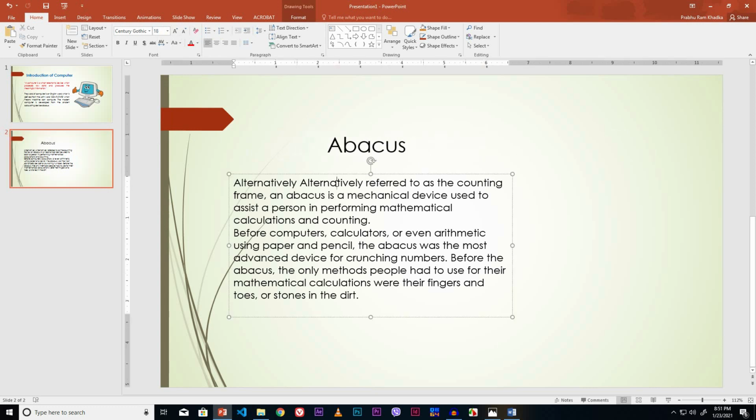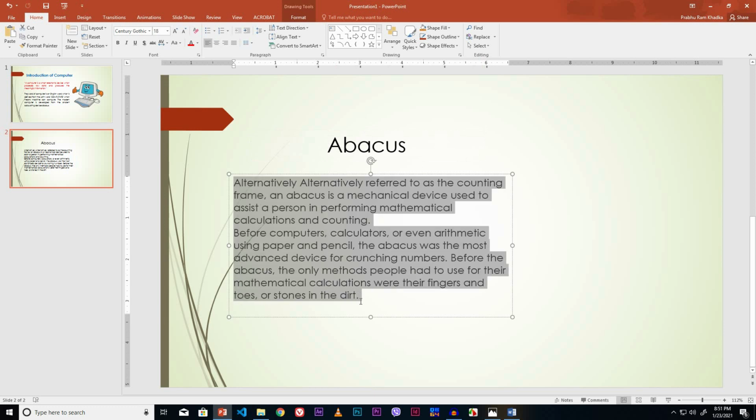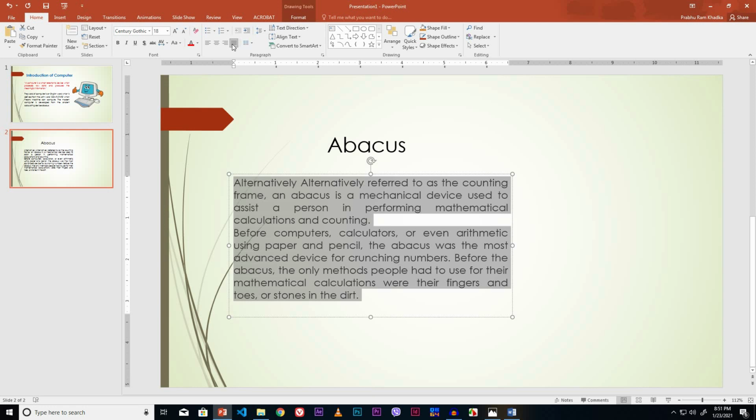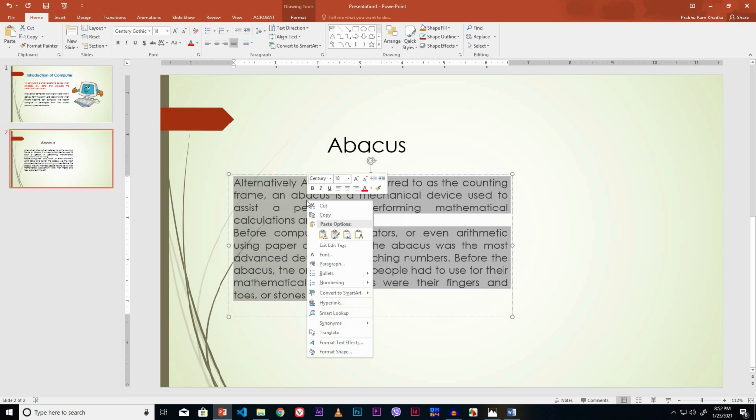Now format the body of the text. Select the text. It is in justify alignment. Click the justify option from the paragraph group. Set the paragraph spacing and line spacing. Right mouse click. Click the paragraph option.